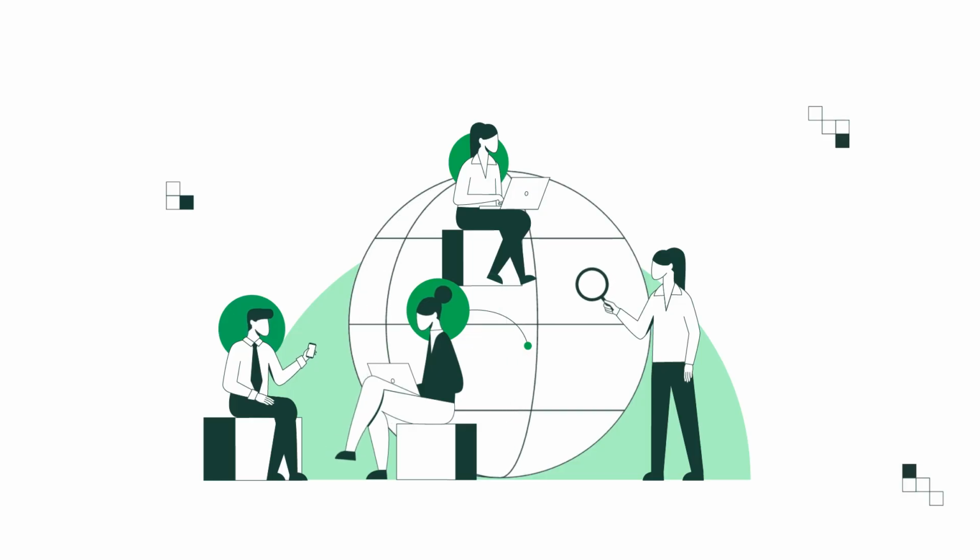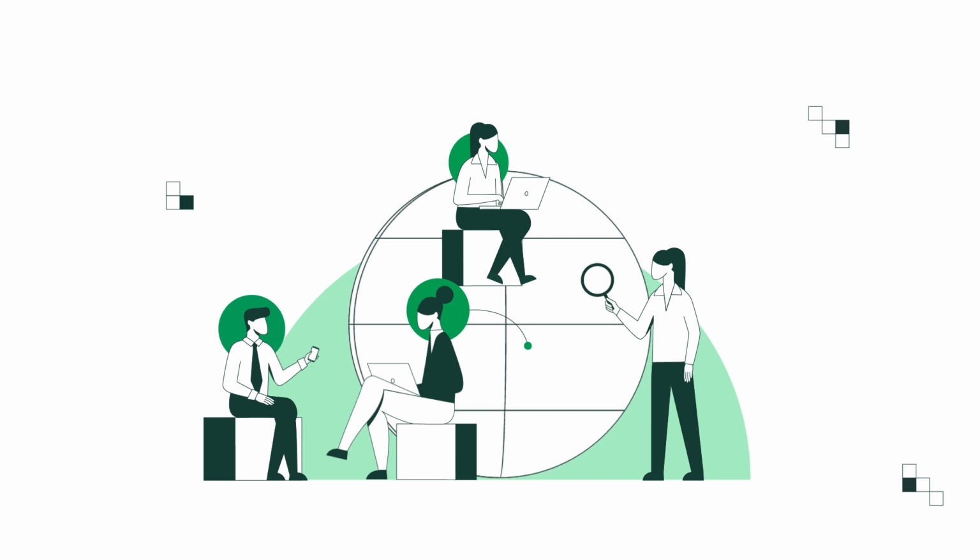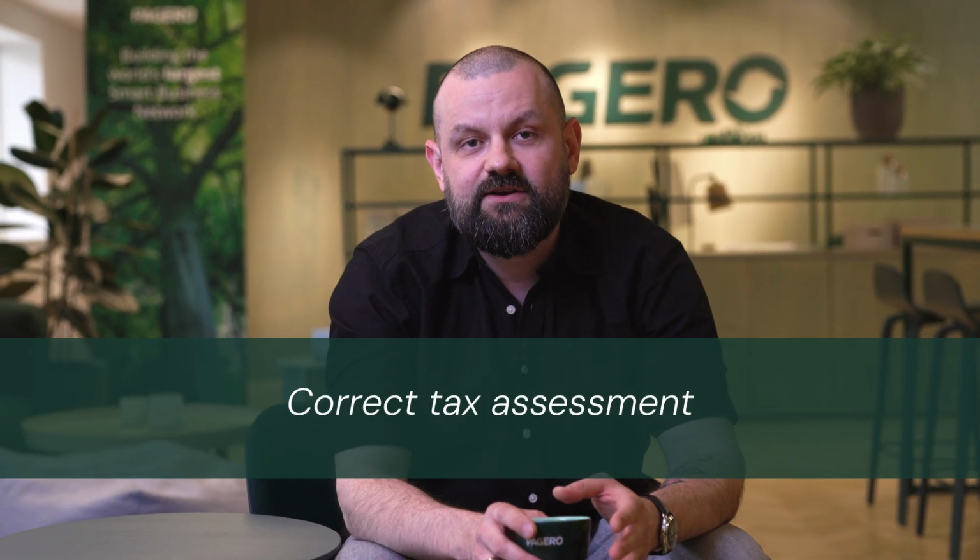You've probably already noticed that governments across the world are making e-invoicing mandatory. Now, what you might not have noticed is that this is probably just the beginning. Governments more and more want to analyze documents throughout the entire supply chain and not just the invoice. They want to do this to make sure they can give you the correct tax assessment and, of course, to